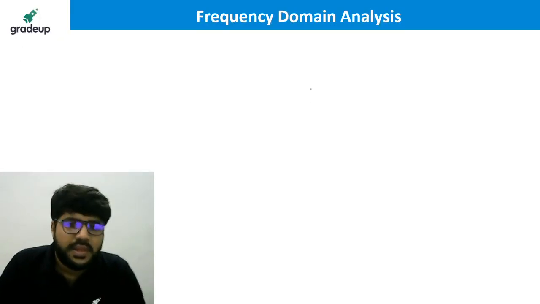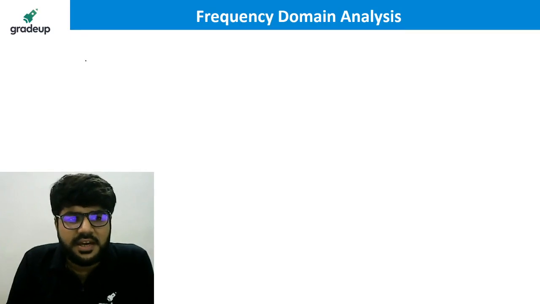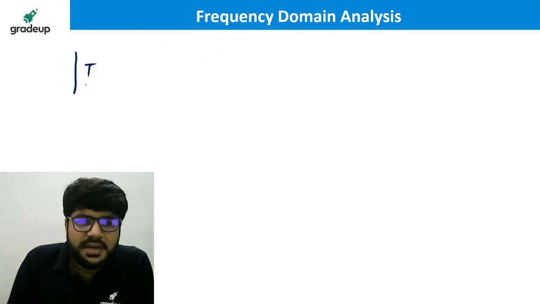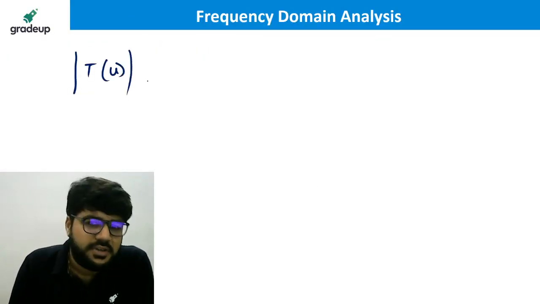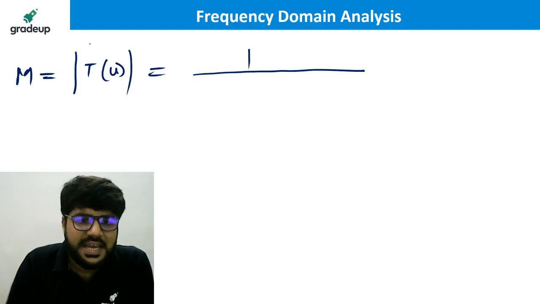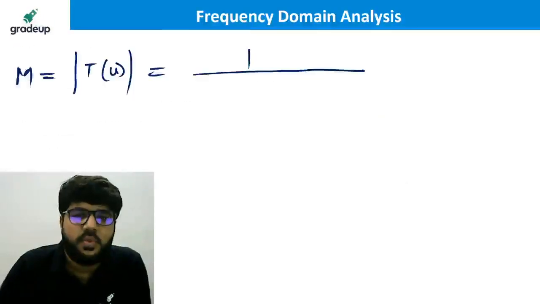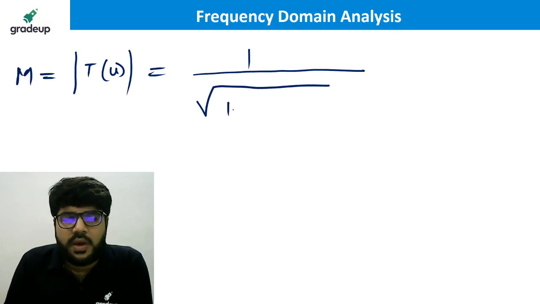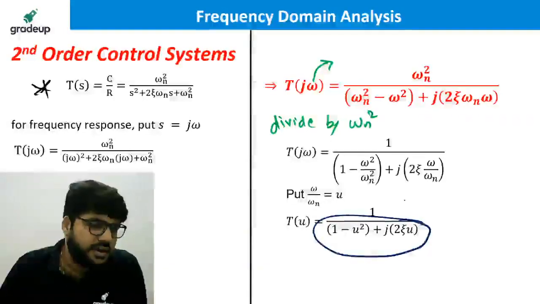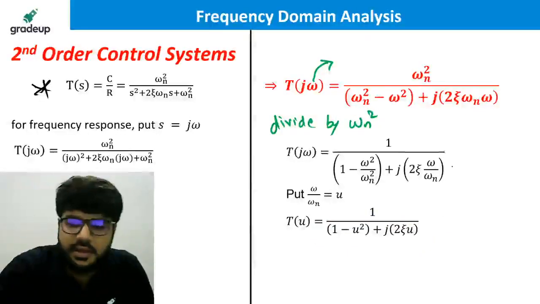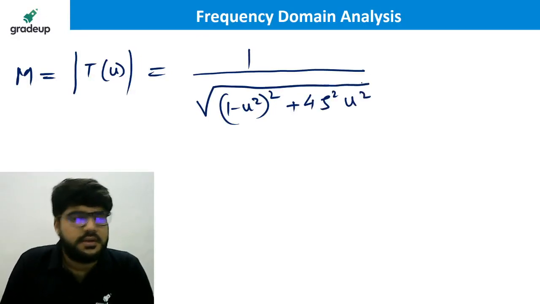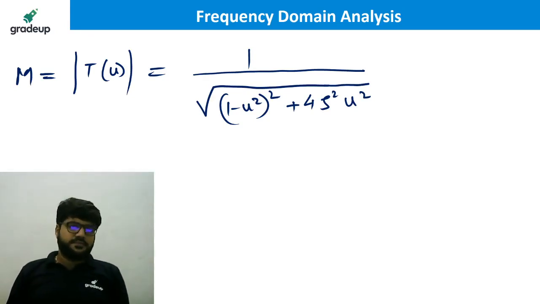Now, it's a very simple calculation. There are two cases, resonant frequency and resonant phase, which is why I am deriving it; I could give the direct formula, but otherwise you will not understand both cases. What is the magnitude? Let me call the magnitude M, mod of T(u). Mod of T(u) is equal to 1 upon under root of (1 minus u square) whole square plus 4 zeta square u square. This is x plus jy, so the magnitude is root over x square plus y square.